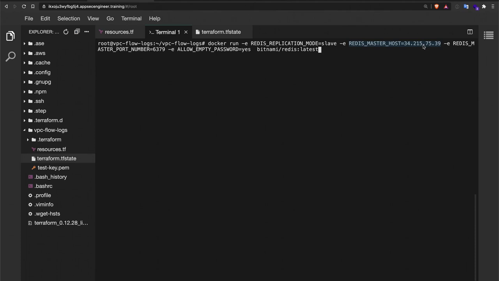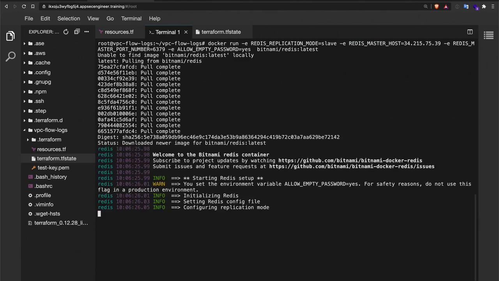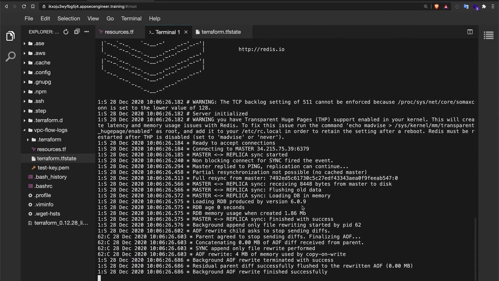That would obviously synchronize all the data, so it would actually pull down all the data from that Redis database to this local copy of the Redis database, which would be a complete data exfiltration at that particular point in time. So let's do that. I'm going to be running this with Docker so that it's easy for me to run instead of installing all the Redis dependencies. You can see that it's connected successfully. It's started doing the master replica synchronization, and it's successfully done that, which means that at this point I have completely compromised that Redis database. And since it's publicly available, I've been able to access it, and I can maintain persistent access to that Redis database.